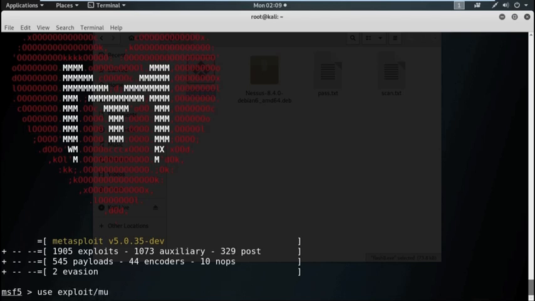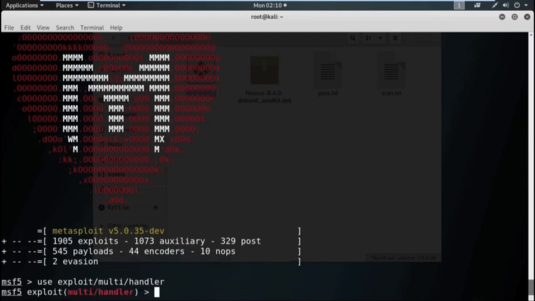Now, we need to open the handler. So, the command is use exploit/multi/handler. Now, we need to set the payload.